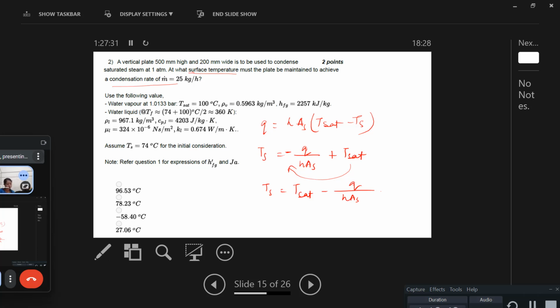Now, the only thing is you need to find out this H. So for finding out H, again, the first term, refer question 1 for expressions of H, Fg prime and Jacob number. So Jacob number we find out first, that is CPL into